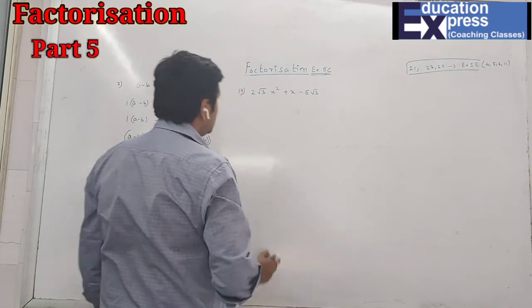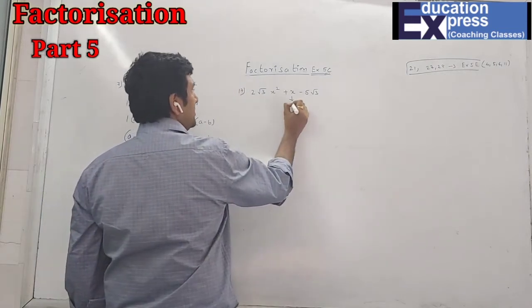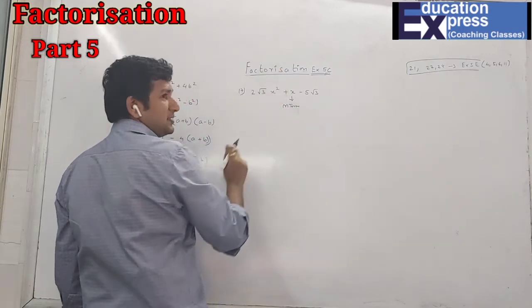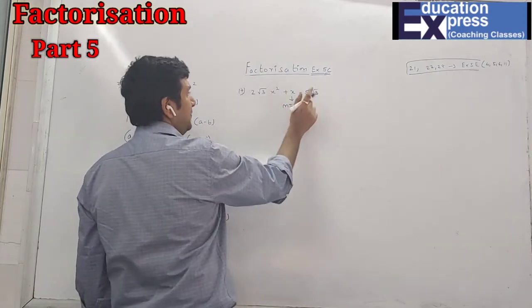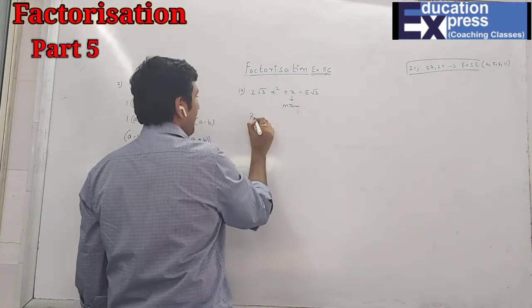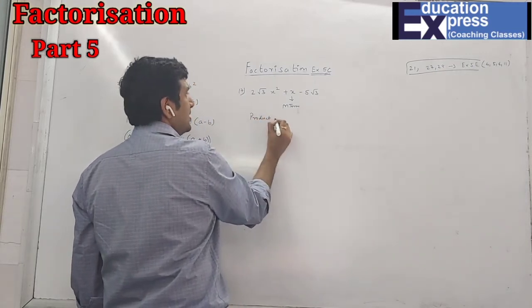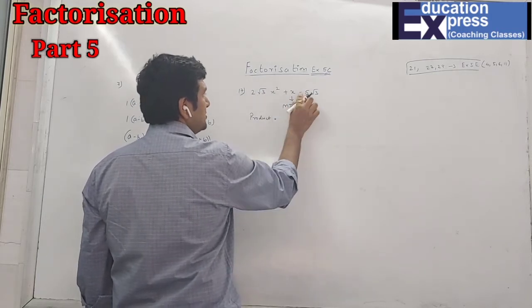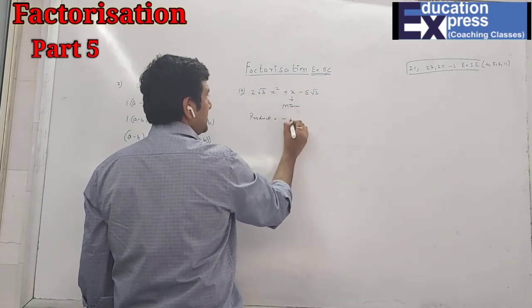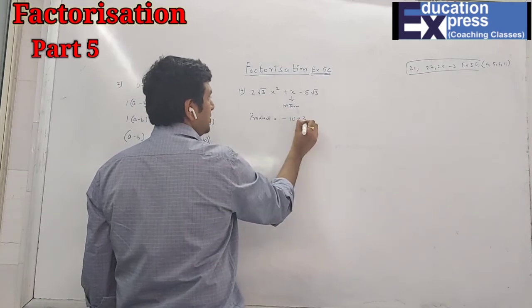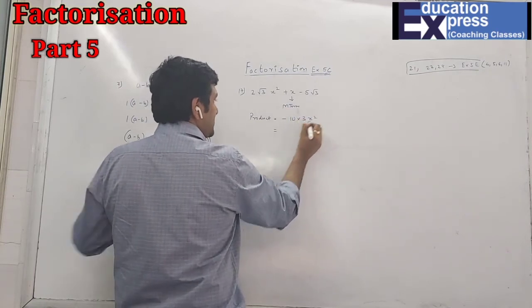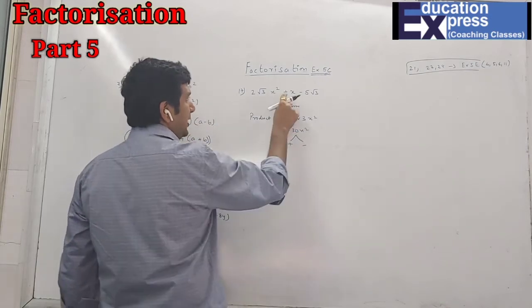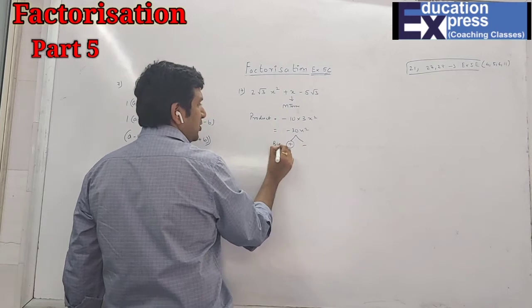So now obviously it's splitting the middle term only. My middle term is plus x, and when I multiply, the product will be 2 root 3 into minus 5 root 3. The 2 5s are obviously, plus into minus is minus. 2 5s is 10, and root 3 into root 3 is 3. That is minus 30x square. So plus and minus, the bigger number will get plus sign because of the middle term.